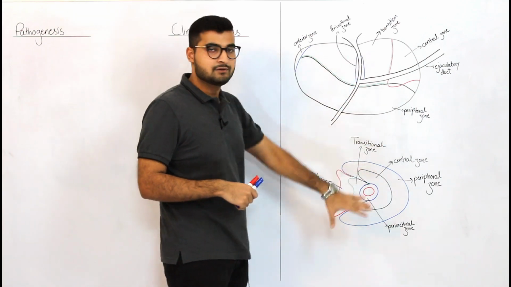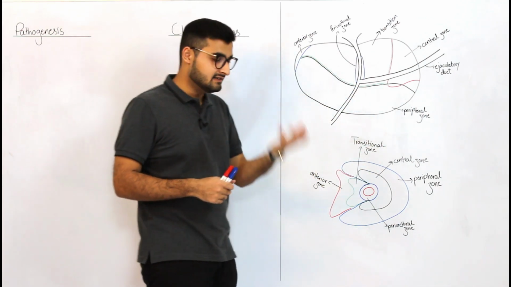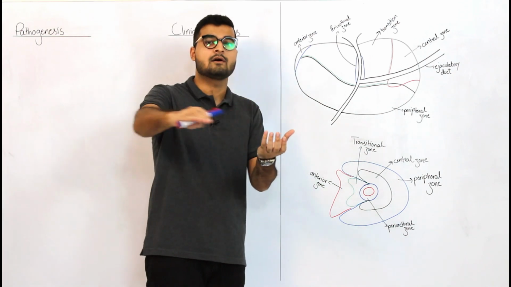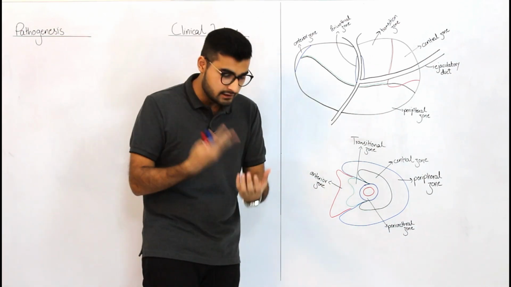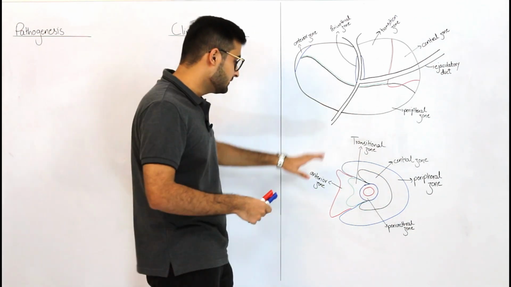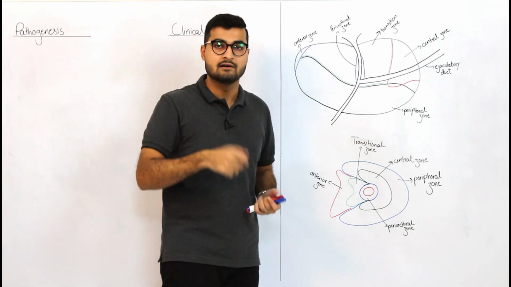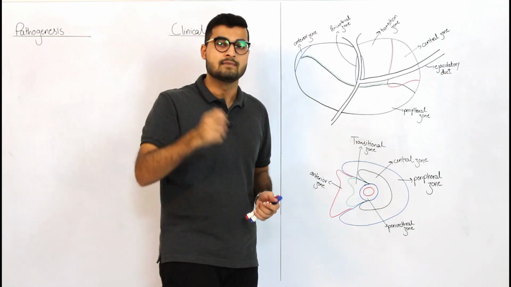Now here we have two views of the prostate gland. First let's look at this view. Let's say this is the prostate and I cut it off from the top, and then I look at it. So how would I look at it? This is what I would see in a prostate gland. As you know, the urethra, when it escapes from your bladder, passes through the prostate in males.